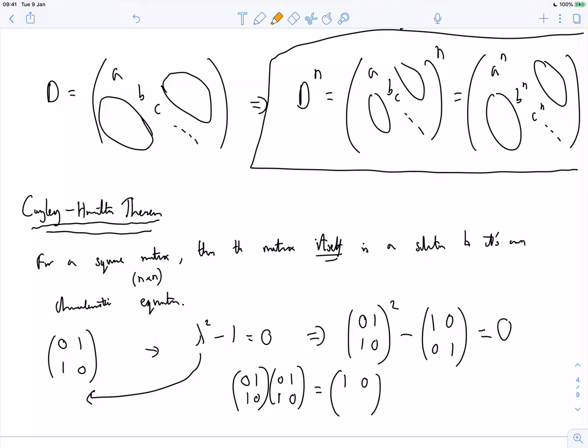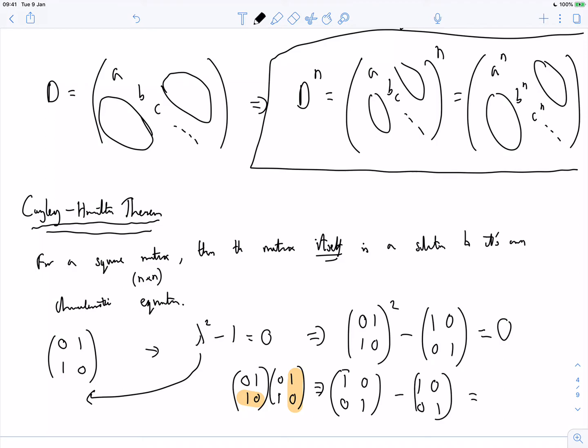And then second row, first column. 1 times 0 plus 0 times 1, that's a 0. And then finally, second row, second column. 1 times 1 plus 0 times 0 is a 1. So now, actually, we're going to have this thing squared becomes the identity matrix, so that when I subtract the